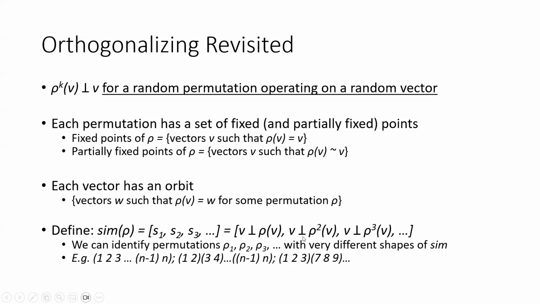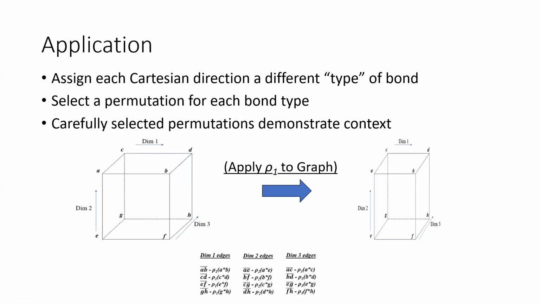But you can choose a permutation which fixes half of the points in your vector and cycles the other half. And again, then you'd have 0.75, 0.75, 0.75, and so on. You have a lot of latitude in what the shape of this similarity array is going to look like. So I wanted to approach